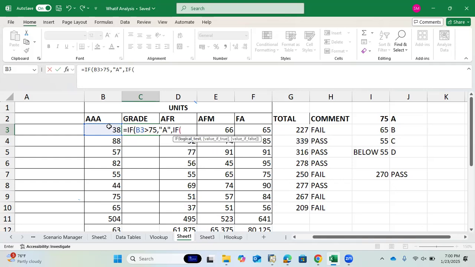If, meaning we introduce another if, because we are not sure what this guy has scored. So again, if B3 is now greater than 65, comma, B, comma. If now B3 is greater than 65, he has a D. Then